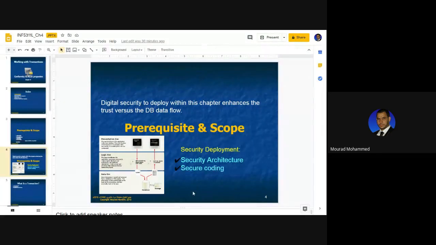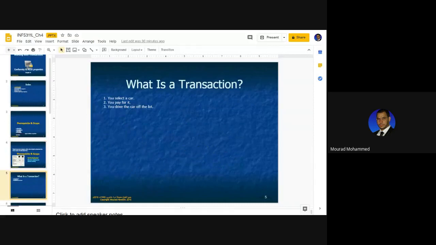And what we are going to see enhances the terminology of secure coding. There is terminology that we're going to define step by step in this unit, related to transaction security, conformity and isolation. We will see them. The first definition we are going to discuss is what a transaction is. Briefly, a transaction is